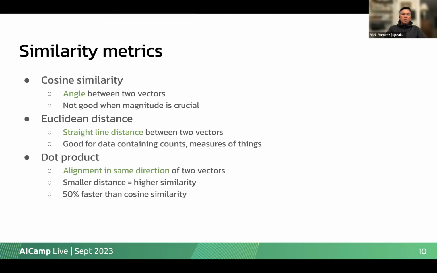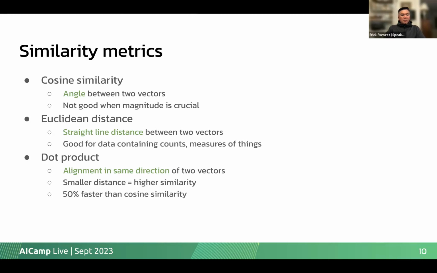For example, if you've got vectors that are longitude and latitude and you want to do a geo search, you can use Euclidean distance to calculate the distance between two geographic points. So really handy.